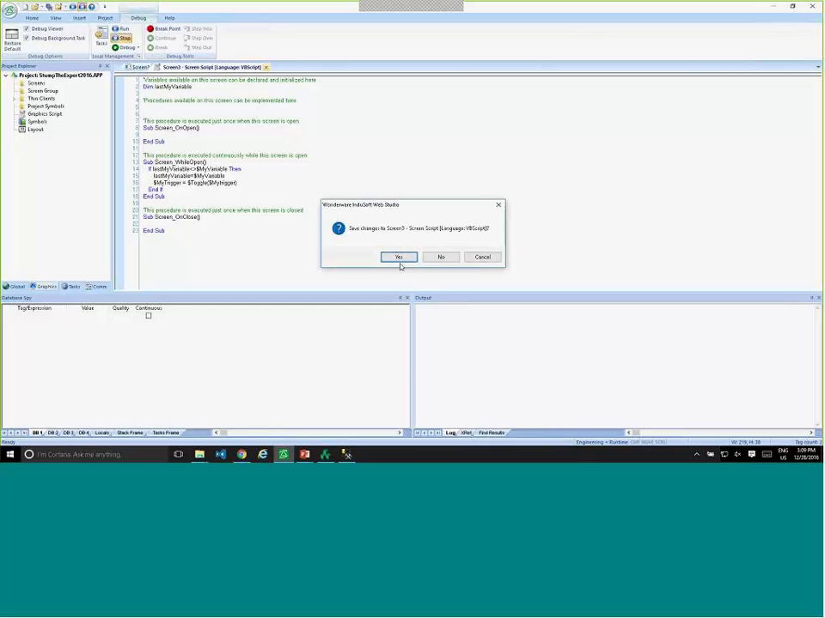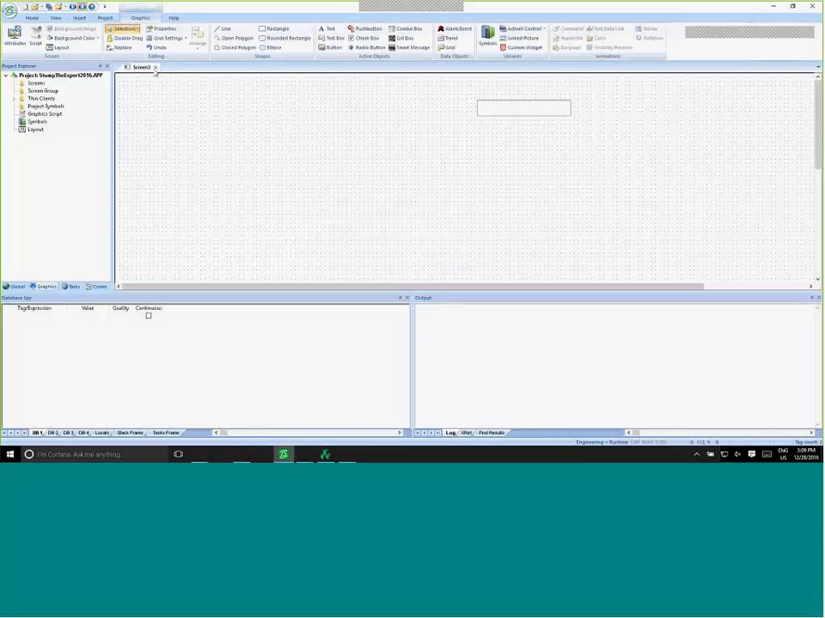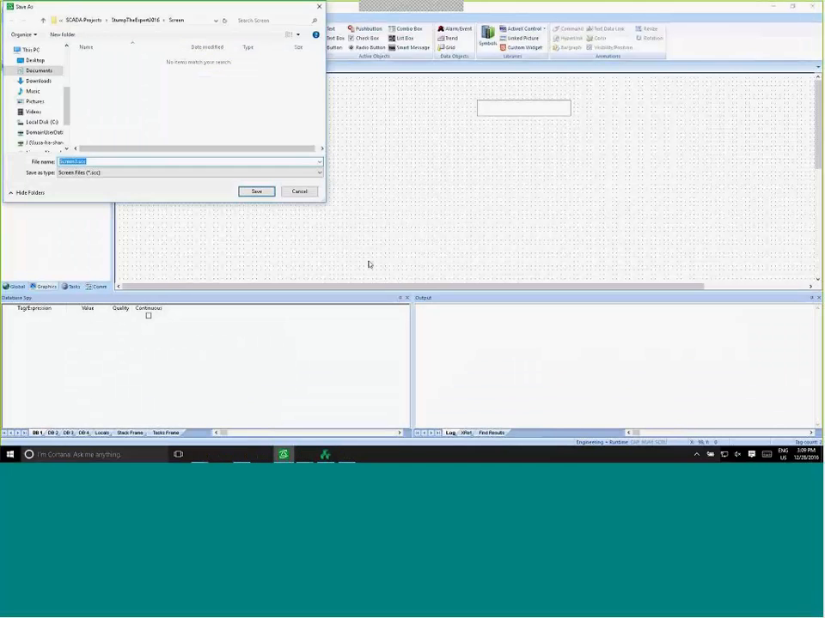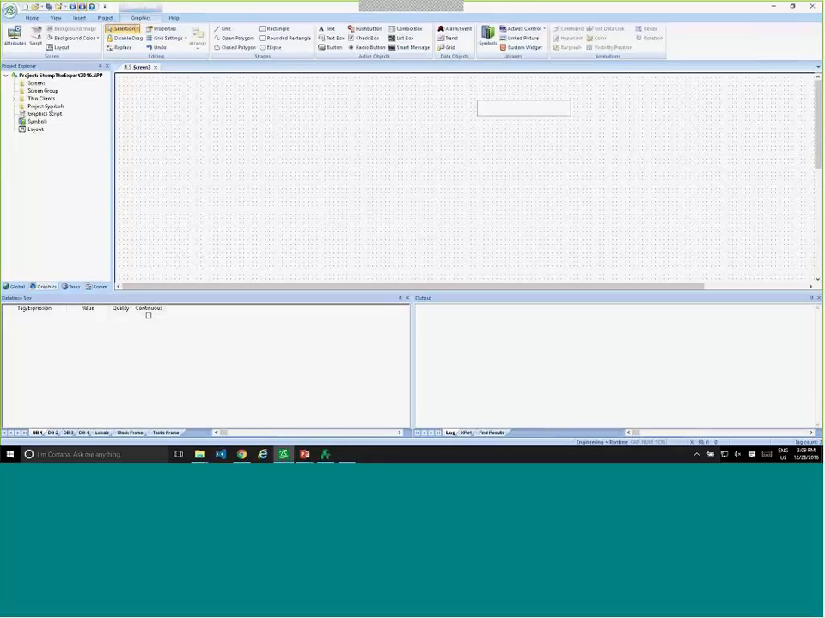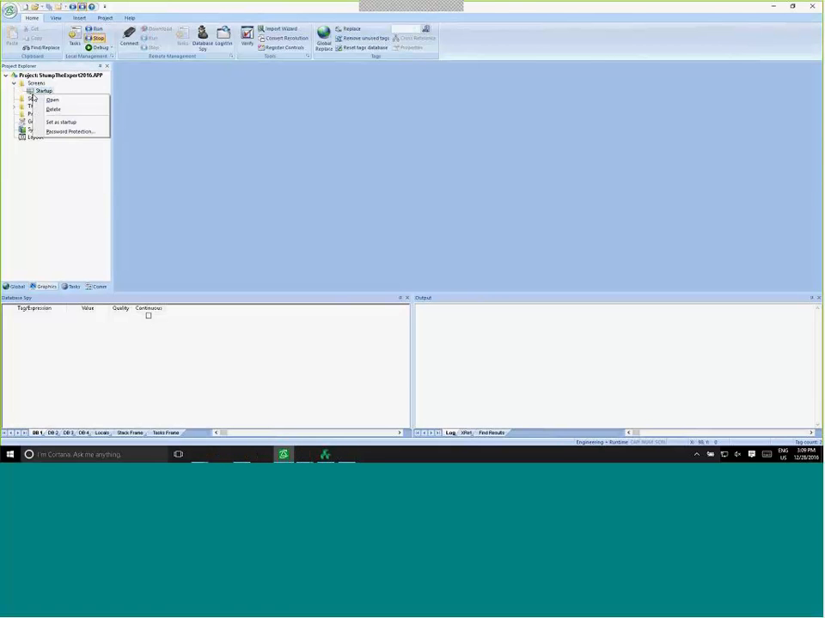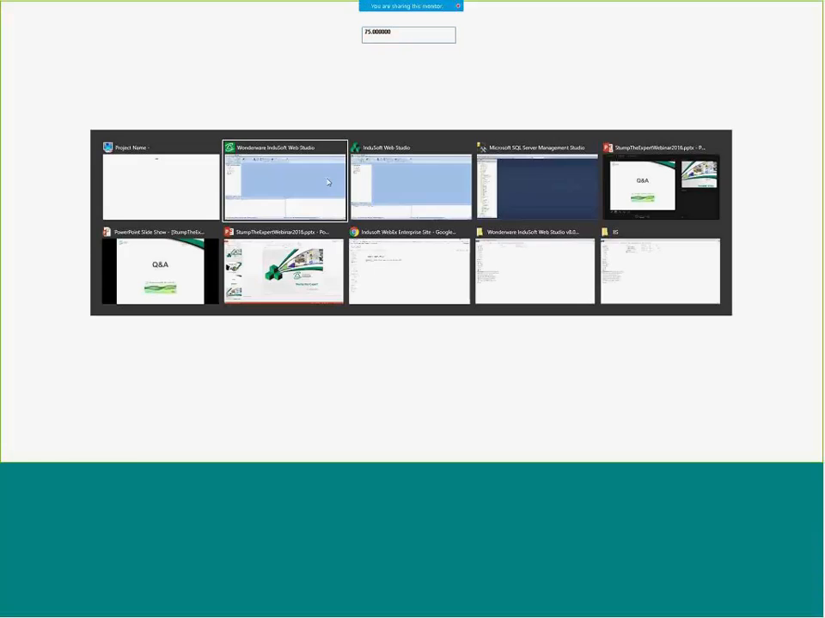Okay, there we go. So if we save that, I'm just going to save as is for now. I'm going to set this as my startup screen. If I run my project now, my variable is 0. If I go to 50, if I go to 75, now if we go to the database